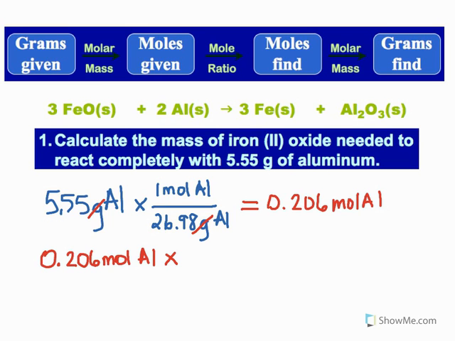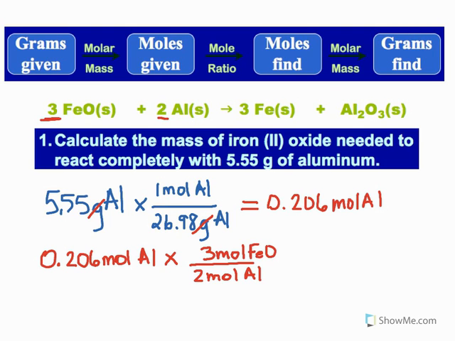The 2 is the coefficient I'm interested in because that matches the aluminum, and I'm also interested in the 3 here because that's for the iron 2 oxide. So I want to get rid of aluminum, so I'm going to put the 2 moles of aluminum down here, and I'm going to put 3 moles of my iron 2 oxide